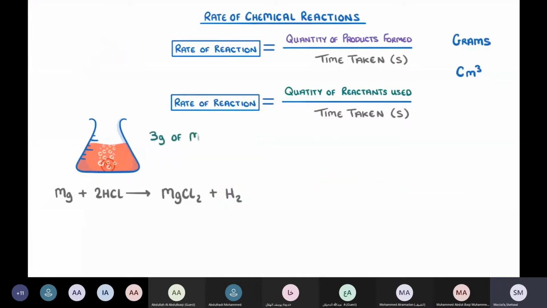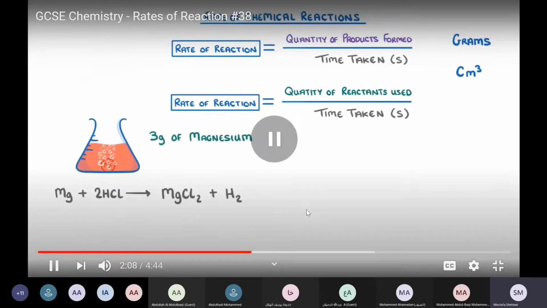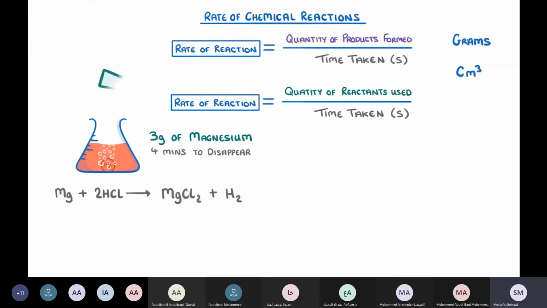Alternatively, if we had used 3 grams of magnesium and held the same graph, the same equation, the same reaction, we will change it. Instead of using the amount of hydrogen produced, this one product, we will use the amount of magnesium, which is a reactant. We can use any one of them to figure out the rate of chemical reaction. Say it took 4 minutes to disappear completely and get used up. Then we could use the other equation and do 3 grams divided by 4 times 60, so 240 seconds, which gives us